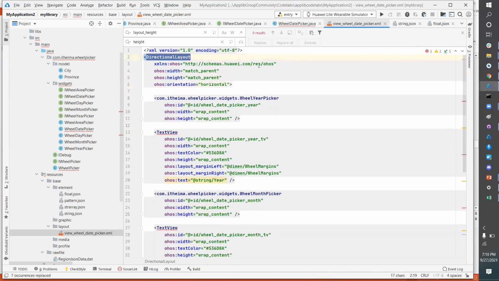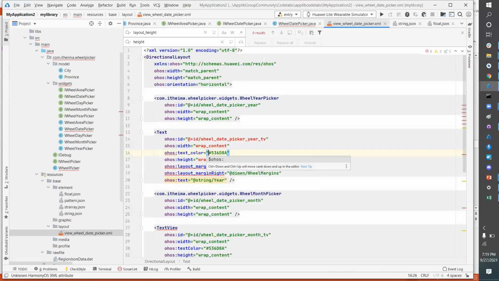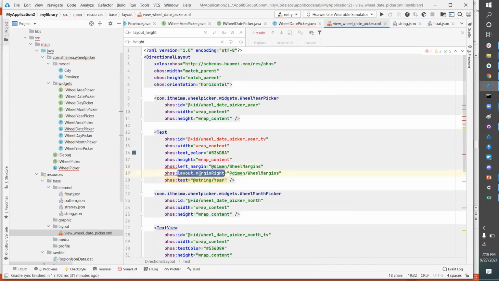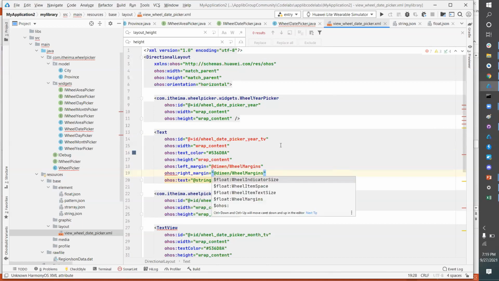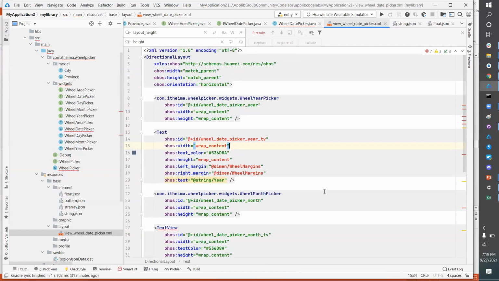Now you can see that as soon as I have provided the correct namespace, the error has gone. Text view, we know that we have to use text, and more errors like text. We have a different keyword, margin. So the IDE itself is helping you out in all those things. Once I start writing margin right, I can just select from here. This is the way you can make changes in all your XML layouts.